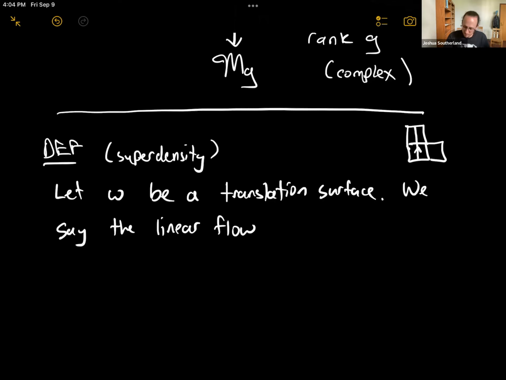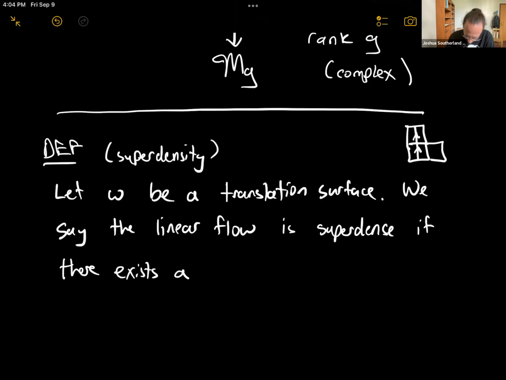And the linear flow is just a trajectory in the north direction on the surface. And I'll say a little bit more about that in a second. So the linear flow is super dense if